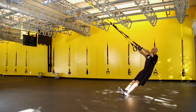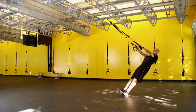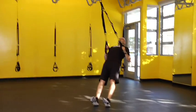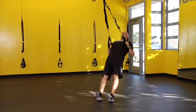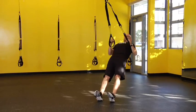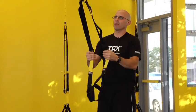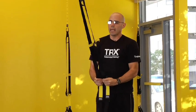Don't let those hips drop. Don't let those shoulders round. Nice tight core, nice smooth range of motion. No matter how deep you go, maintaining that posture and that core stability is going to give you the most out of this exercise. And along those same lines, something for the lower body is being able to maintain the same mechanics,